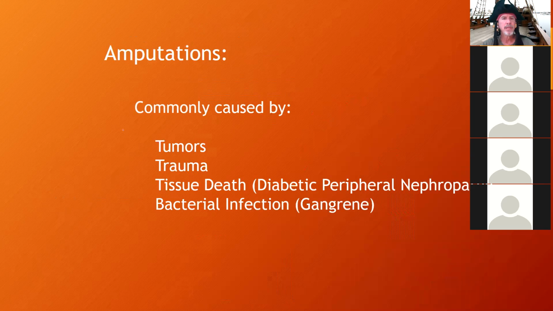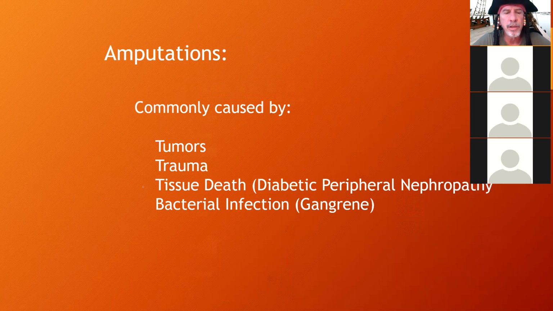Amputations can be caused by a variety of things. It can be tumors, especially tumors in the bone, or trauma, like car accidents. But where you're probably going to see most of your amputations is tissue death due to peripheral neuropathy. Now, I'm sure every town I've ever lived in, there was always one or two homeless people running around